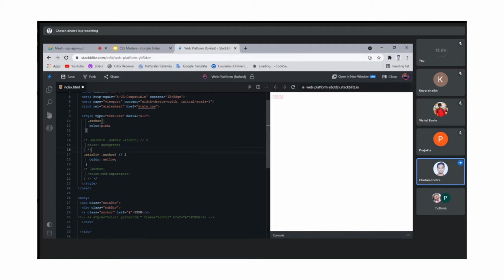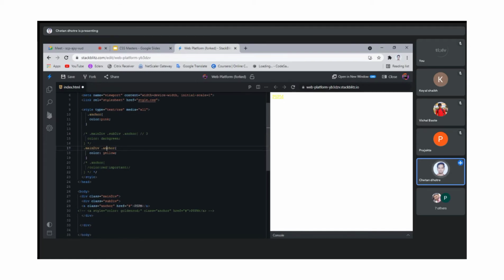Now you can see that, as you said, the last one will win. But I also used the yellow one here, and it also has a specificity of two classes, from the parent and grandparent. That's why it is getting the yellow color, not the pink one.